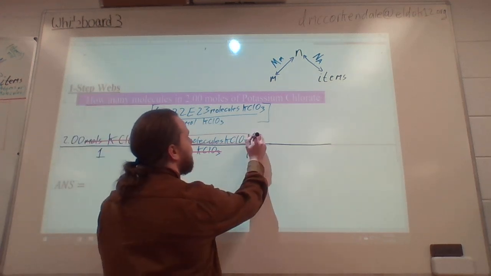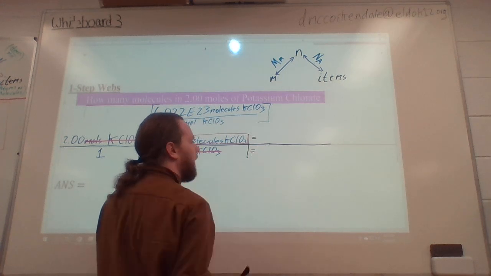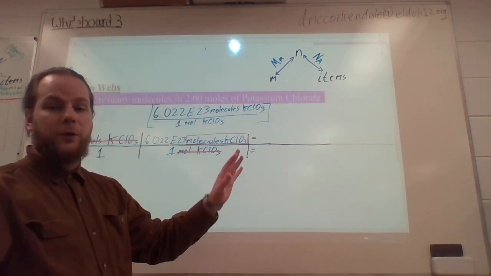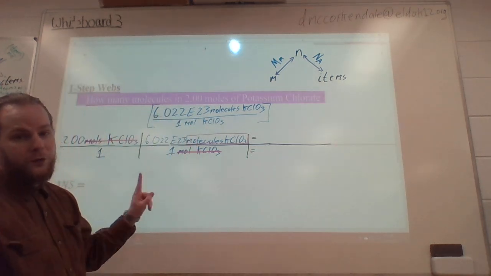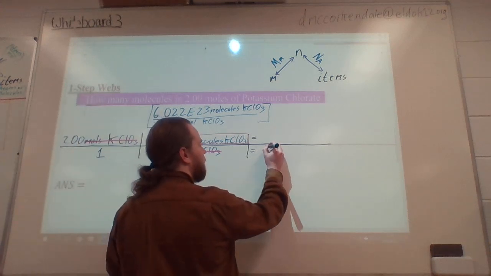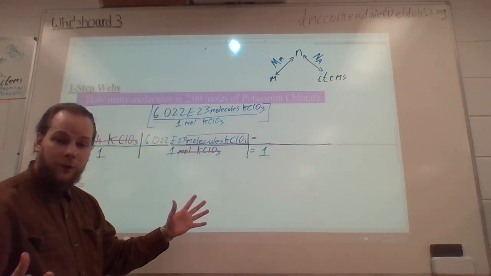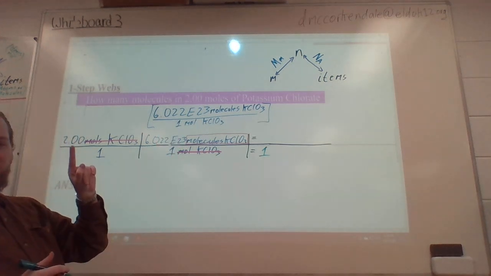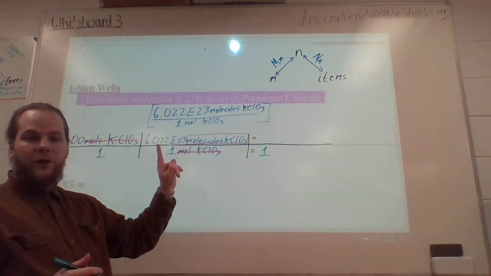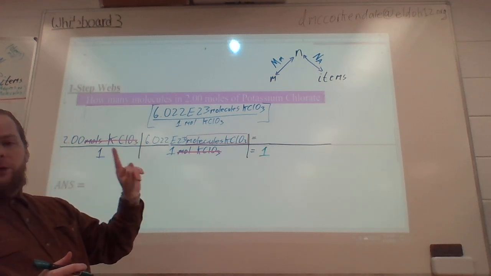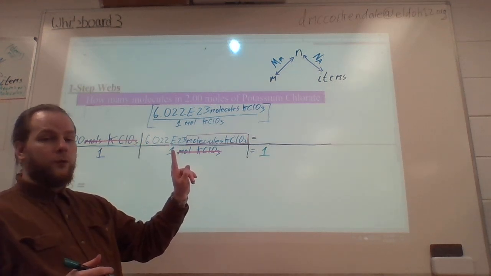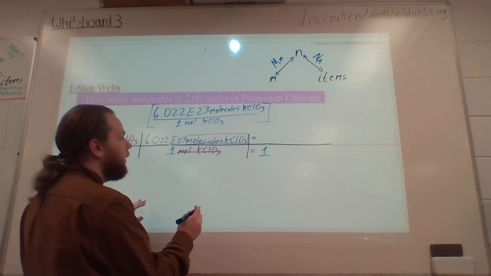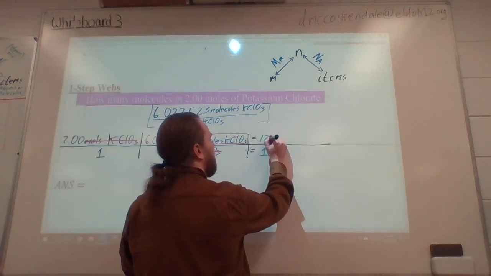So now we put equal signs over here, one for the top, one for the bottom. In this particular problem, the bottom is 1 times 1, so that's not too bad. The denominator is going to be 1. But then to get the numerator, you have to take this number times this number. So 2.00 times 6.022 E23, which comes out to